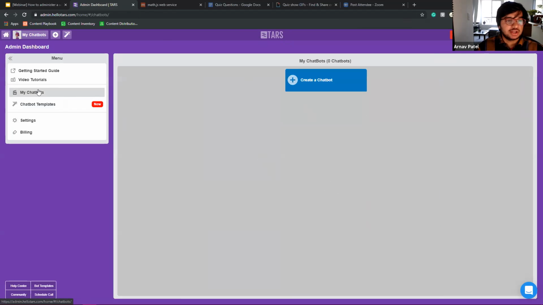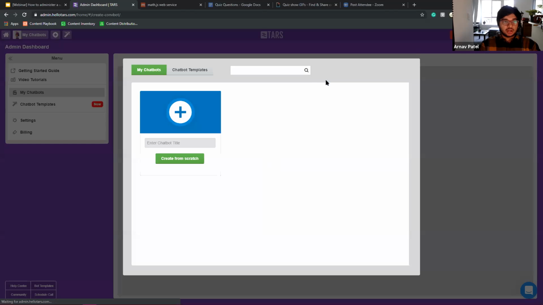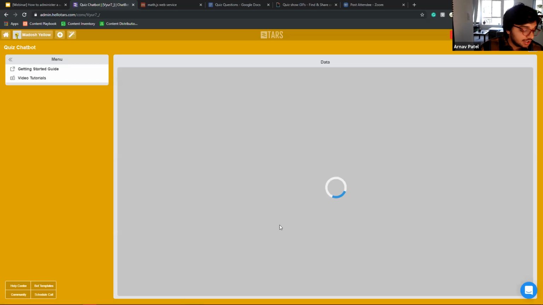As you can see, My Chatbots is selected on the left side of the screen. You want to click the blue Create a Chatbot button right in the center of the screen. Give your chatbot a name. So over here, we're going to call it Quiz Chatbot. Hit Create from Scratch, and that's going to initialize your creation workspace, where you are actually going to define